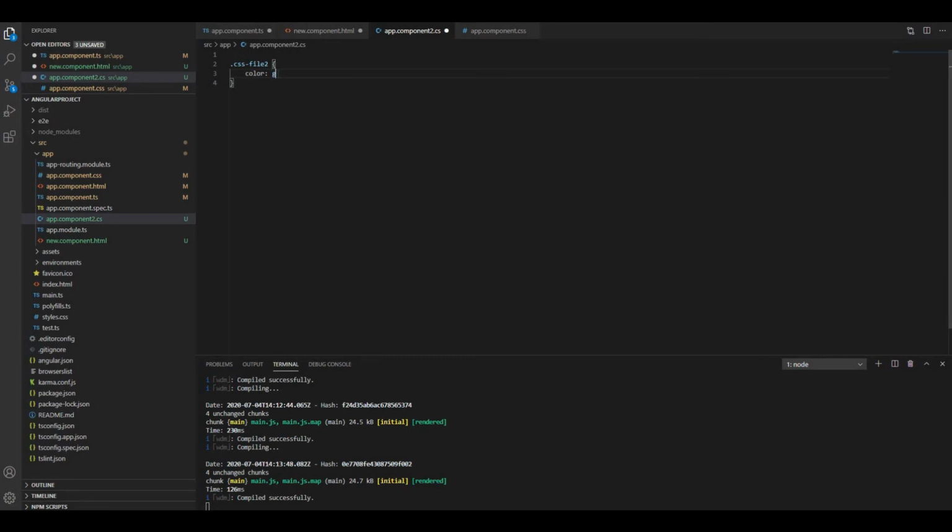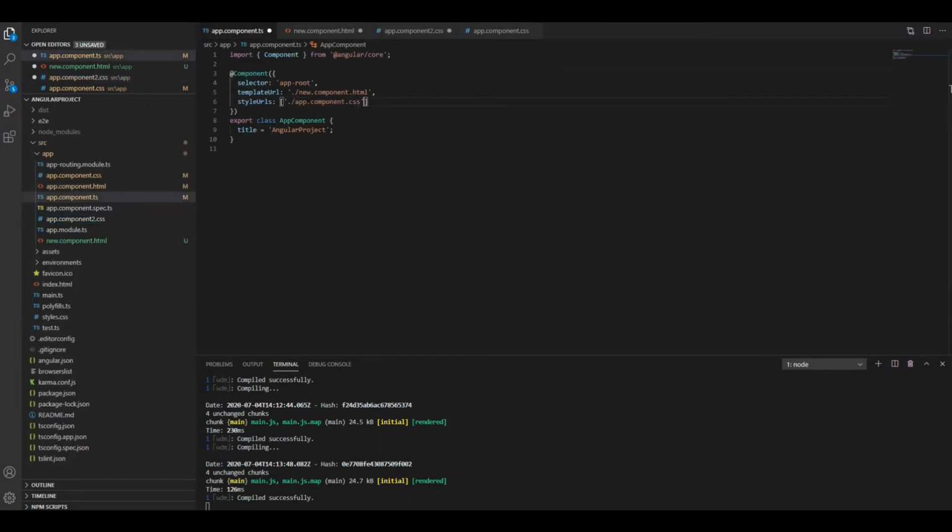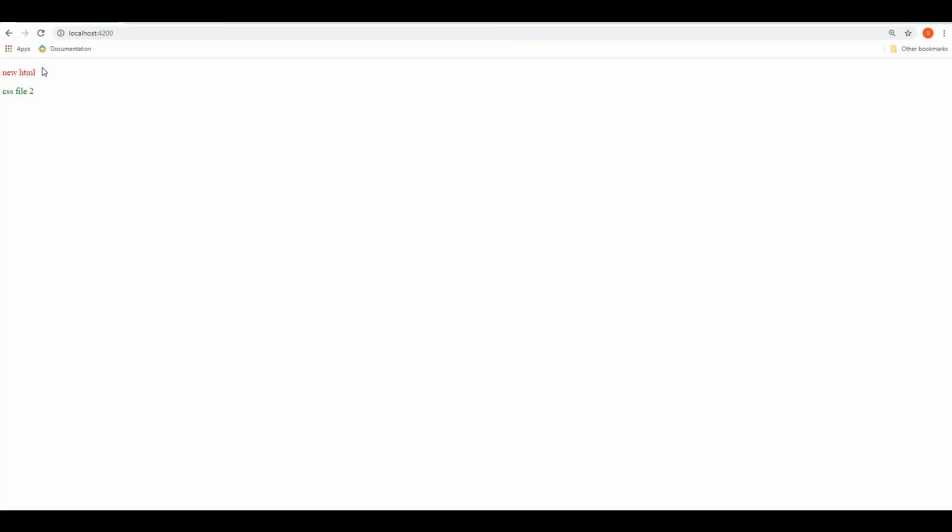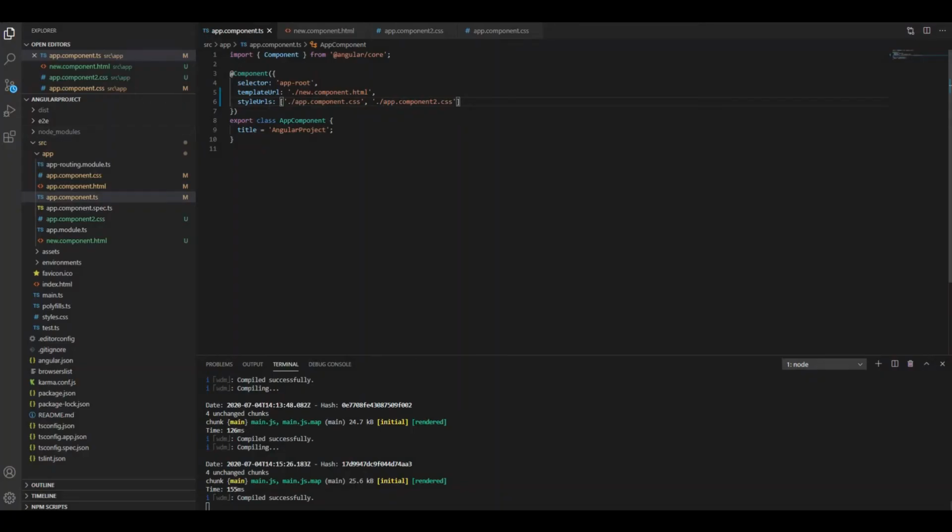Let's make text color in this div tag green by adding color green. Add the CSS file to style URLs array in app component separated with commas. Now save and run. If we check in our browser, text which is in red color is from the first CSS file, and the text which is in green color is from another CSS file. We have seen how template URL and style URLs are related to the component.